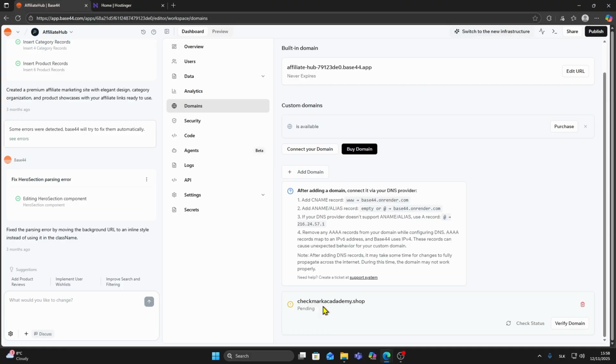And next we need to do is connect our DNS provider. So we need to add a CNAME record and an A record. So first let's add this CNAME record. So you can copy this address